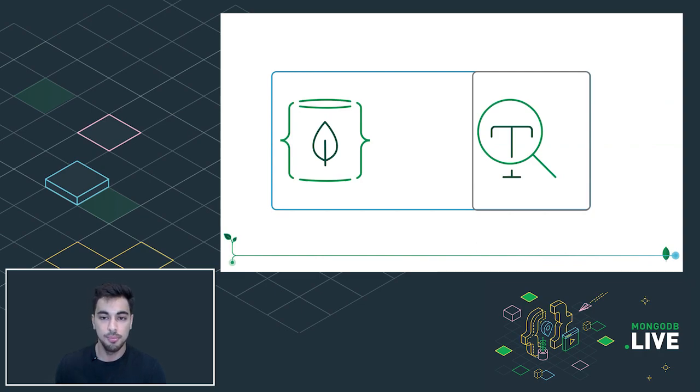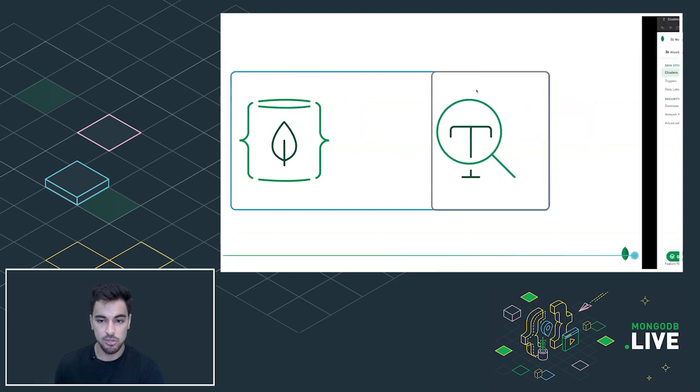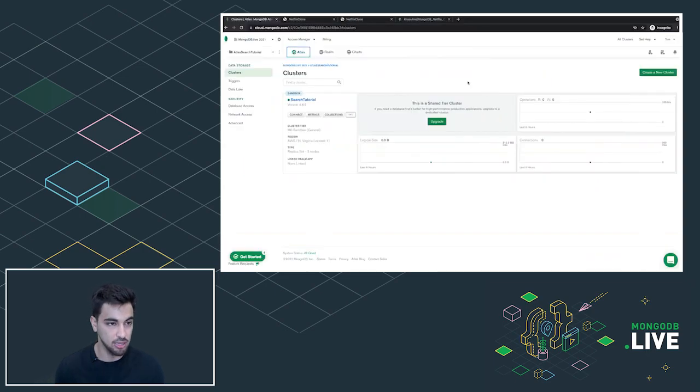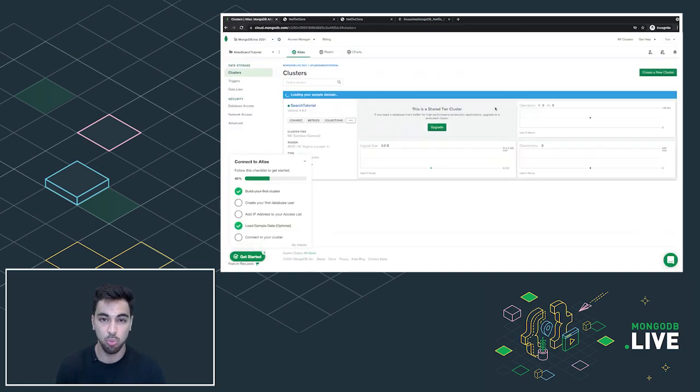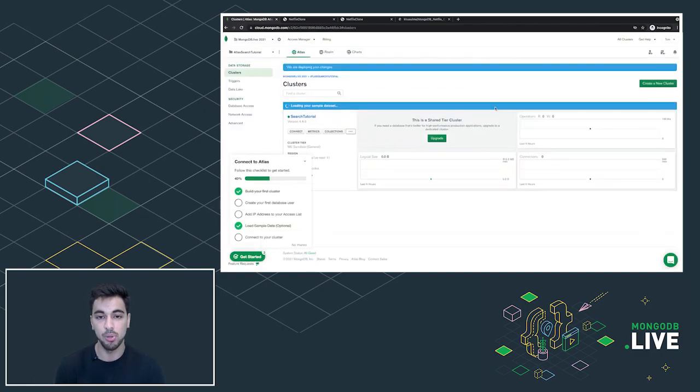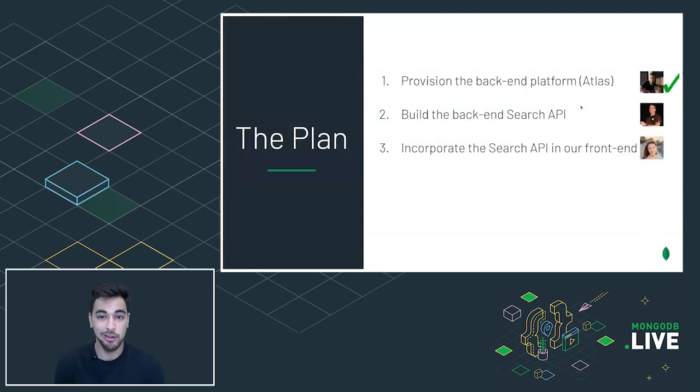And so now let's go ahead and check on our cluster and see if we're ready to load in some sample data. I'm back here and it looks like our M0 is ready to go. I'm going to click on the ellipses right here and I'm going to click load sample data. And this is going to load in roughly 350 megabytes worth of data that we can use to build out that backend search API. From here, our backend platform is pretty much ready to go. I'm going to hand it off to Brian, and he's going to show you how to build out that backend search API now. You got this, Brian.